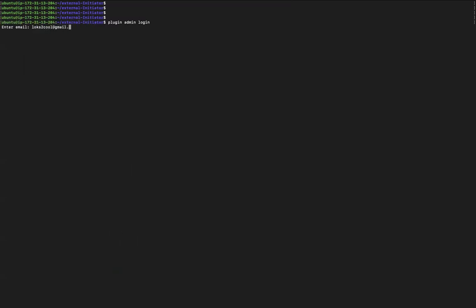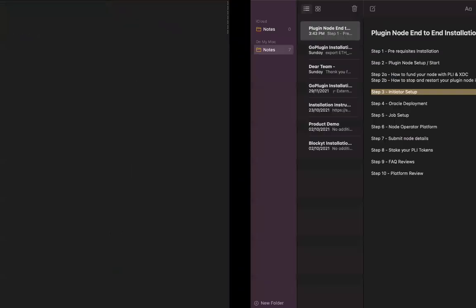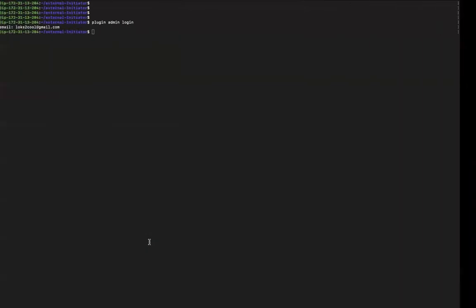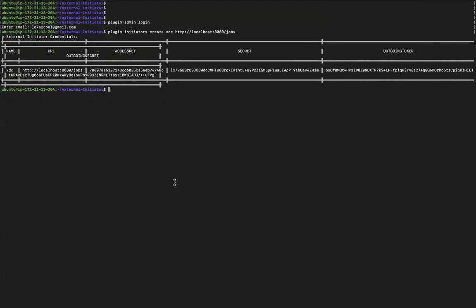After it is done, you should be able to pass on this command: plugin initiators create, followed by the name and URL. I will just go ahead with the same. Here the name, XDC, can be user defined. You can change it to whatever you want.